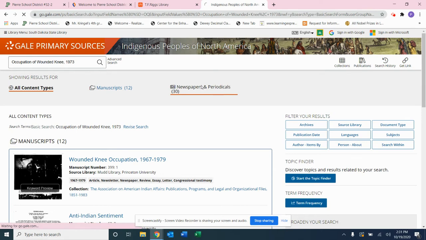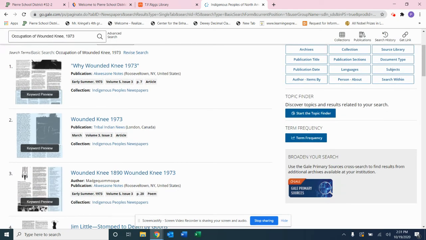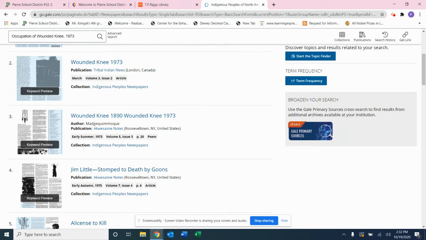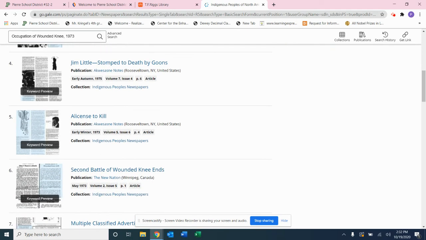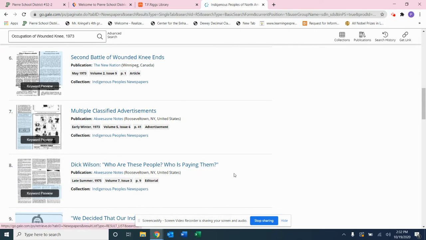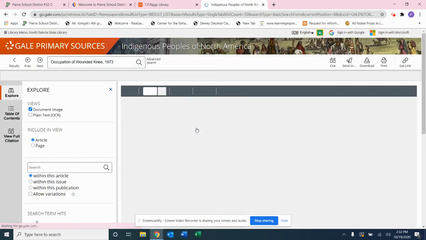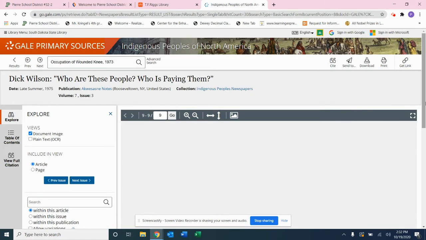If I just want to look at those newspapers and periodicals, I can click on that and I come to a list of articles that appeared about this topic at the time that it was happening. Again, these would all be primary source materials because they're written by people who are living through it. Okay, so if I look at this article, Dick Wilson, who are these people and who is paying them, and I click on that,